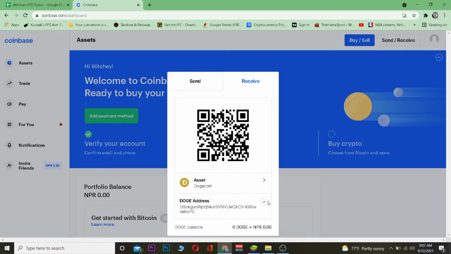this wallet address. Now remember, when you're copying the wallet address, even if a single digit or a single number is misplaced over here, it's going to be sent to the wrong wallet, which means your Dogecoin is going to be lost. So be sure to copy the correct wallet address. And don't copy another wallet address like that of Bitcoin when you're sending Dogecoin. You want to copy the wallet address of Dogecoin when you're sending Dogecoin, alright? Because if you copy the wrong wallet address, or the address of another crypto, then our crypto is going to be lost. So you want to copy the Dogecoin wallet address because we are sending Dogecoin,